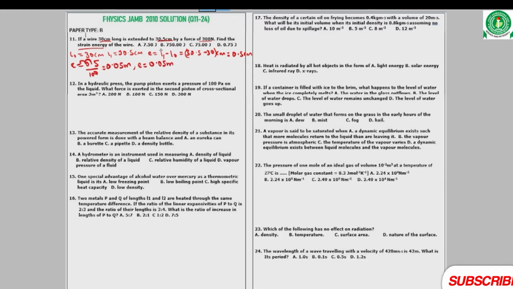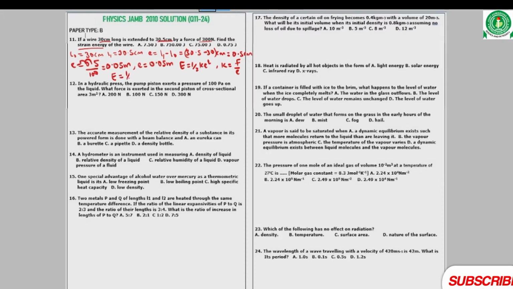Now the question says calculate the strain energy. The strain energy of a wire is calculated using E is equal to half Ke squared. That is the energy in a strained wire. Where K is the force constant, and K can be obtained as F over E. From Hooke's law, which says that F is equal to Ke, K can be obtained as F over E. So therefore we have E, which is the strain energy, is equal to